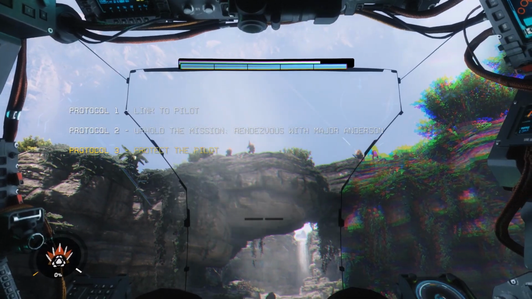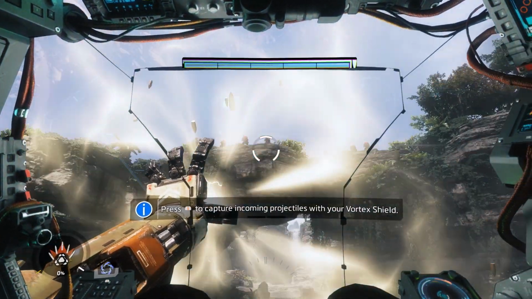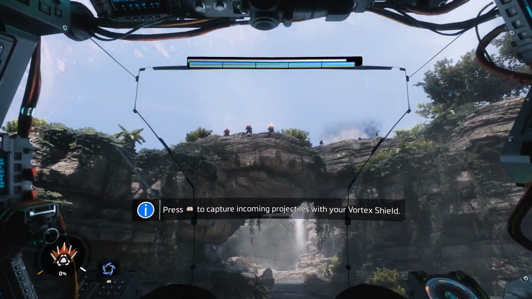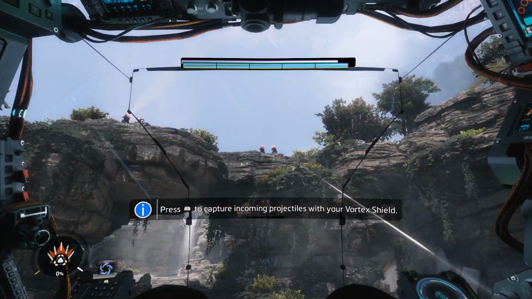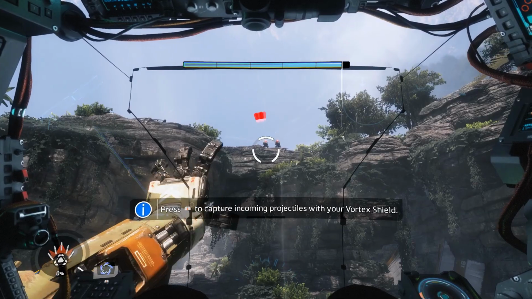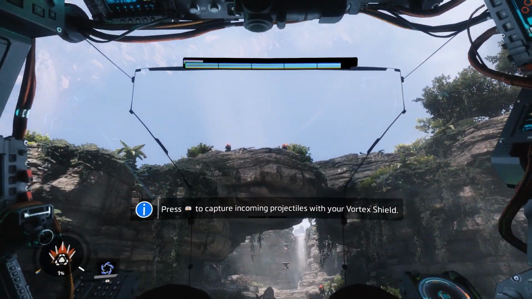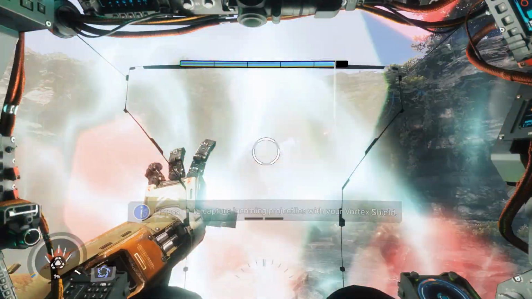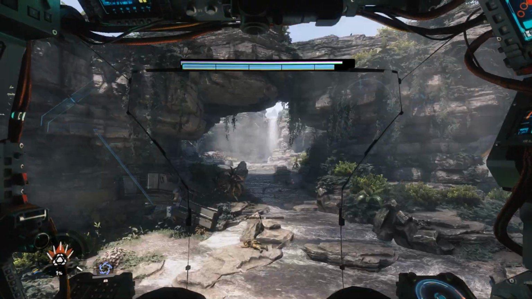There you go, there's our 3 protocols for the campaign. And watch as we slowly gain systems online. The first one for this loadout is the vortex shield. It catches bullets, so they shoot us and then we let go and it shoots them back at them. I really don't like this loadout for the game. If I was playing by myself, what I'd do is there's a loadout coming up called Pilot,